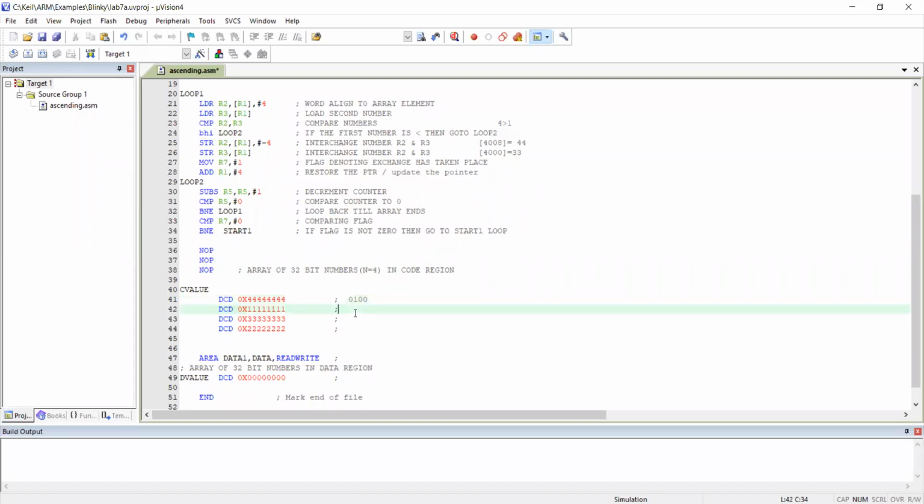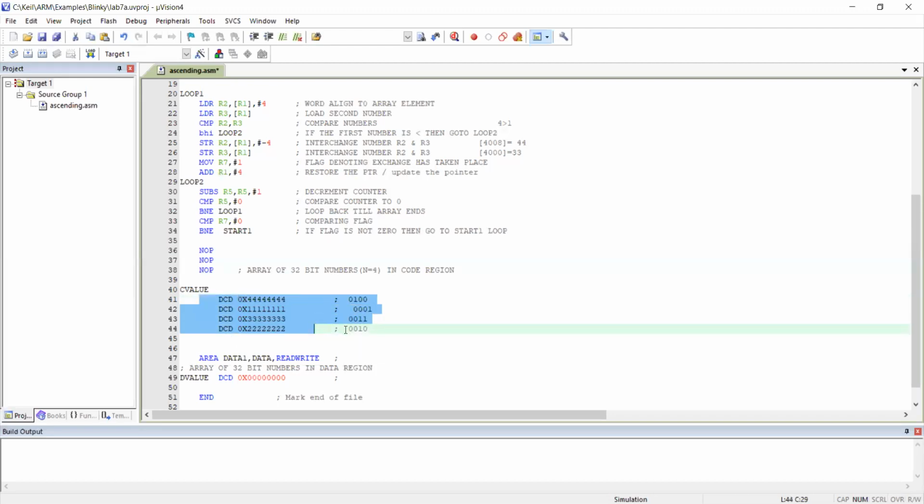Same way, what is the notation for 1? 0001. Notation for 3, 0011. Notation for 2, 0010. Please repeat the same values of a row 7 times. If you repeat 7 times, the total length will be 32 bits.